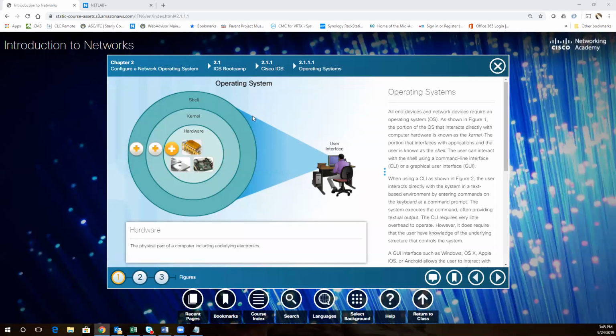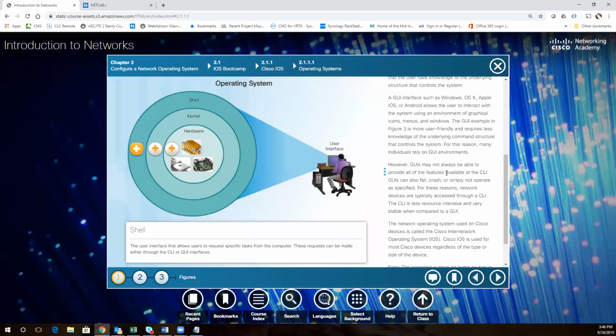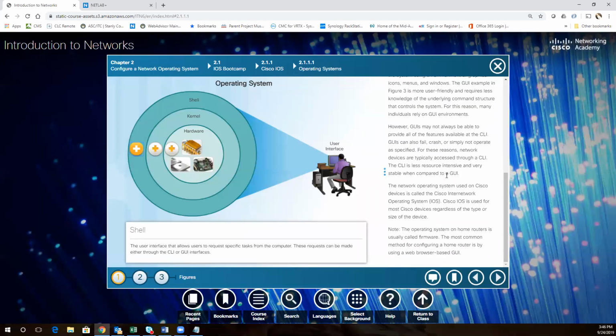So you have the hardware here, which are application-specific integrated circuits. You then have a kernel that's part of the operating system that has direct access to the hardware, typically. So you have kernel mode items that have direct access, and then you have a shell outside of that, which is typically user mode, which are items that do not have direct access to the hardware. They have to go through the kernel to get access to it. This is typical even for operating systems such as Windows and Linux, and it's very typical of what we have on the Cisco